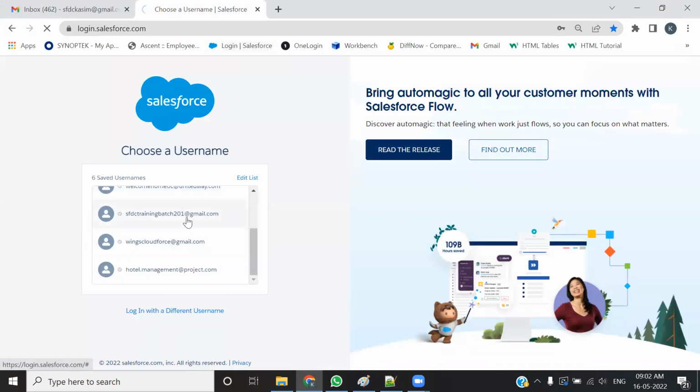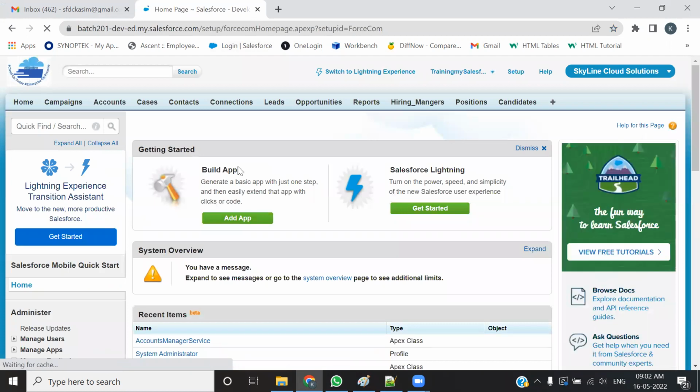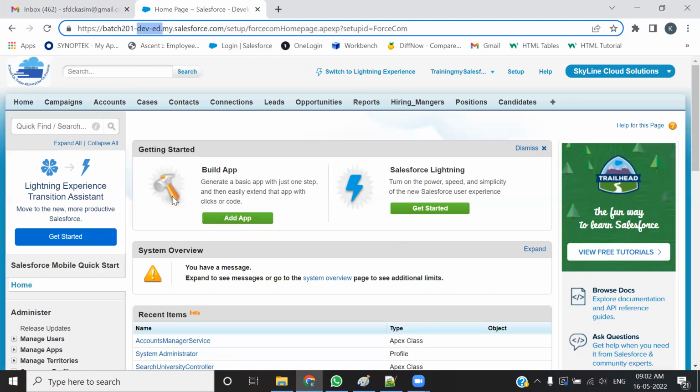I guess if I go with the developer account, the one we were using for the entire training duration for your admin, development, integrations, and everything. So we created a developer edition account, right? Apart from other functionalities, it provides almost everything that you will receive in your unlimited edition. Whatever you see here, if you got a chance to work with the unlimited edition, is exactly the same there,